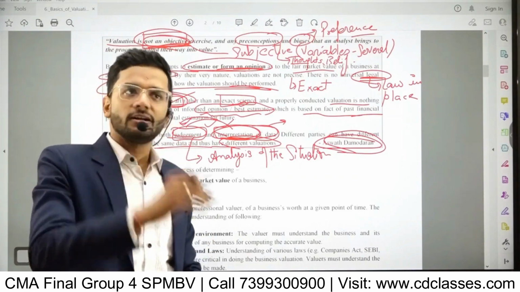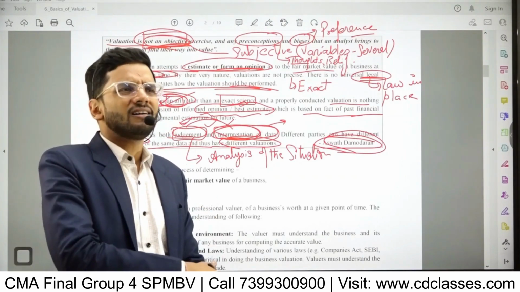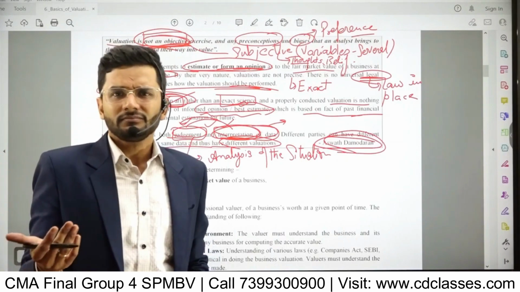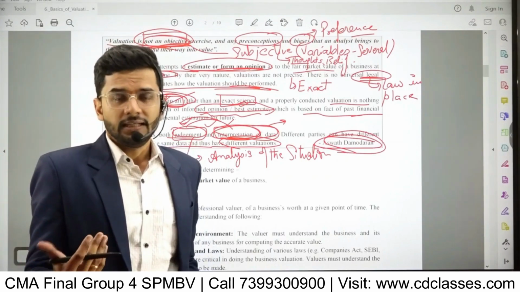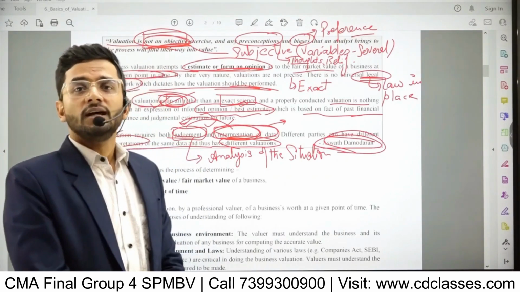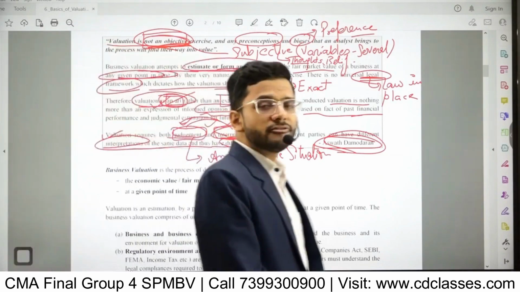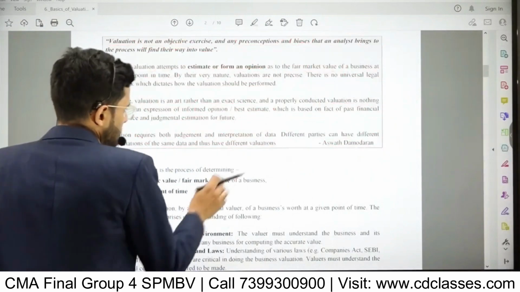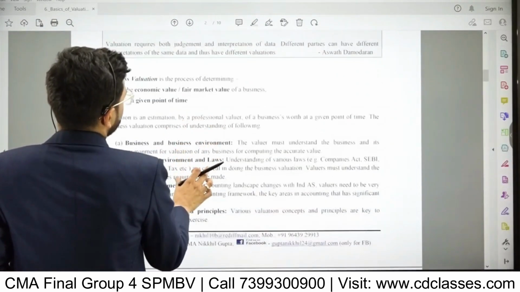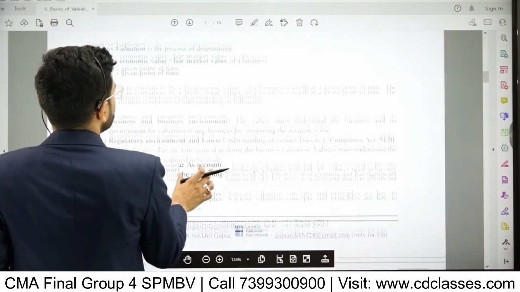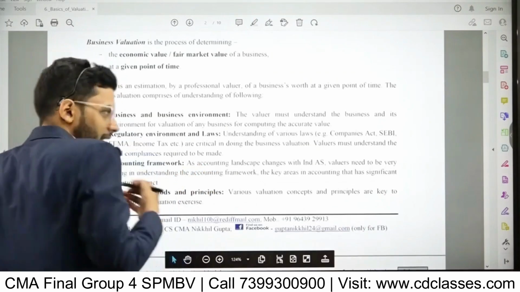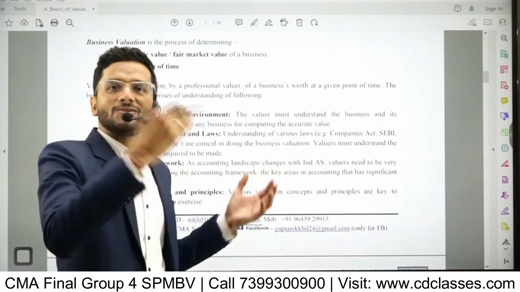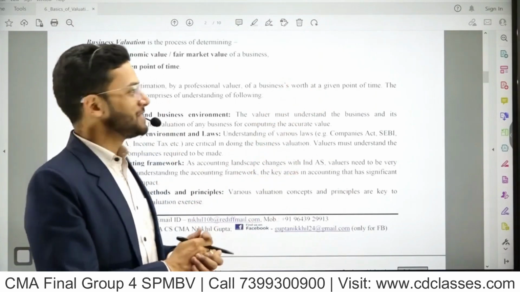He's authored several books regarding valuation, which are actually like a Bible. They're the Bible for valuation. He has authored several books, and I've been fortunate enough to read many of his creations in which he has discussed valuation in great detail. So yes, he is your guru's guru. So if you consider me as your guru, and I consider him as my guru, so he is your guru's guru, your grand guru, you can say that. Okay,